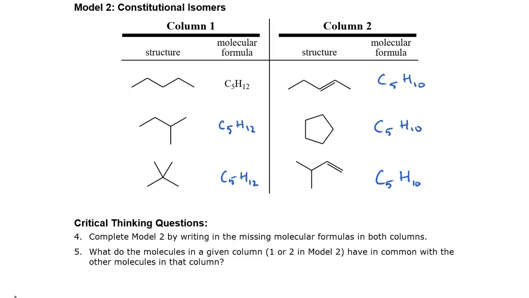Okay, do your answers match mine? If they don't, pause the video again and go through and count again and try to see where I got my answers. Notice that anytime you have an end, that's going to be 3 hydrogens. Anytime you have something that's just in the middle of the chain, that's going to be 2 hydrogens. Right? If I look here, I see 3 lines coming out from it, so that means there's 1 hydrogen. If I look at this carbon, there are 4 lines coming out, so there are no hydrogens there. So you can figure out how many hydrogens there are by just counting the number of bonds or lines coming from a particular carbon.